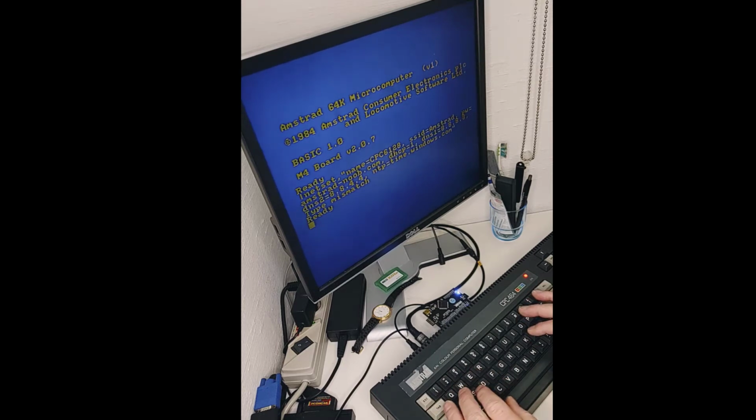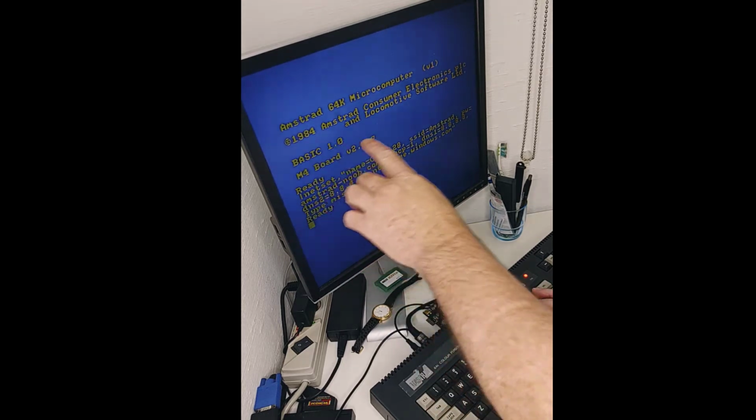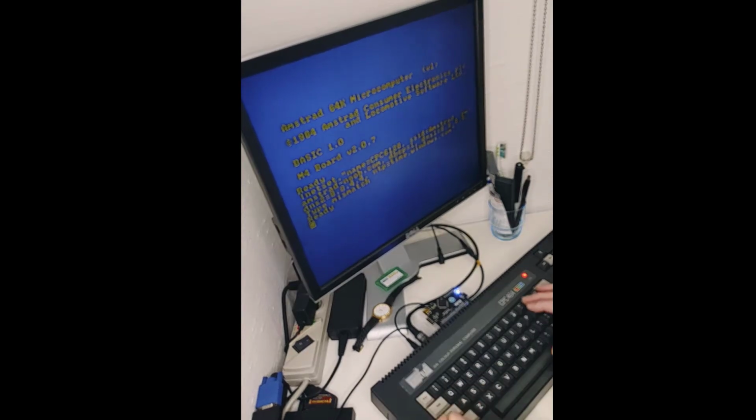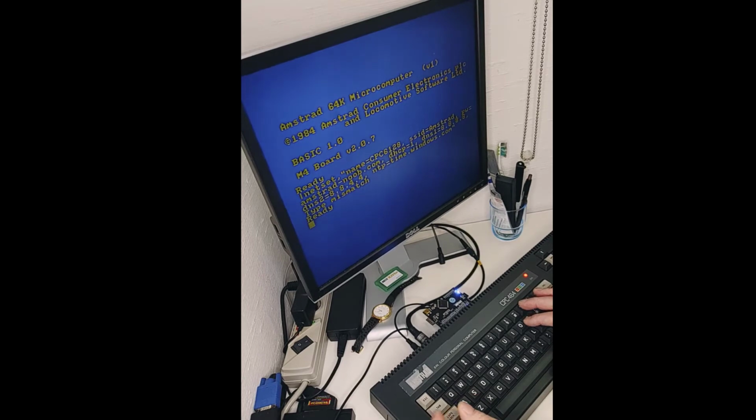So the 464 or Basic 1.0 handles RSX commands differently, or not as well as the 664 or the 6128, which have Basic 1.1. So what we do to get around that problem is we assign a variable, and then we use the netset command with that variable. So let's create a variable, and we'll call it noob